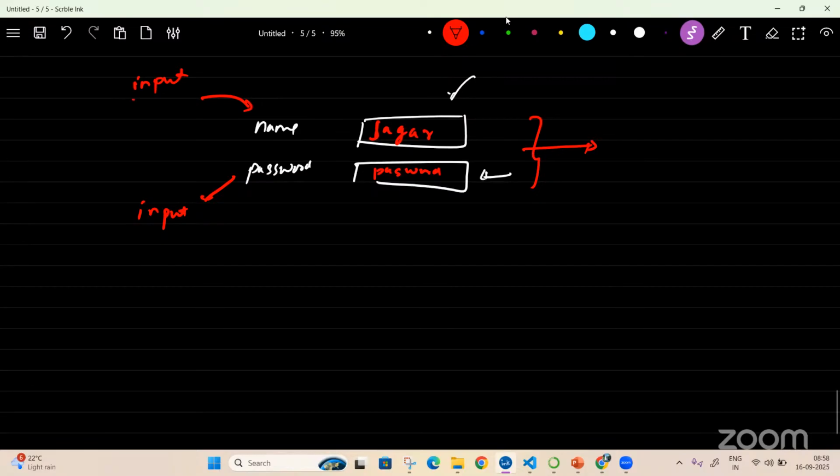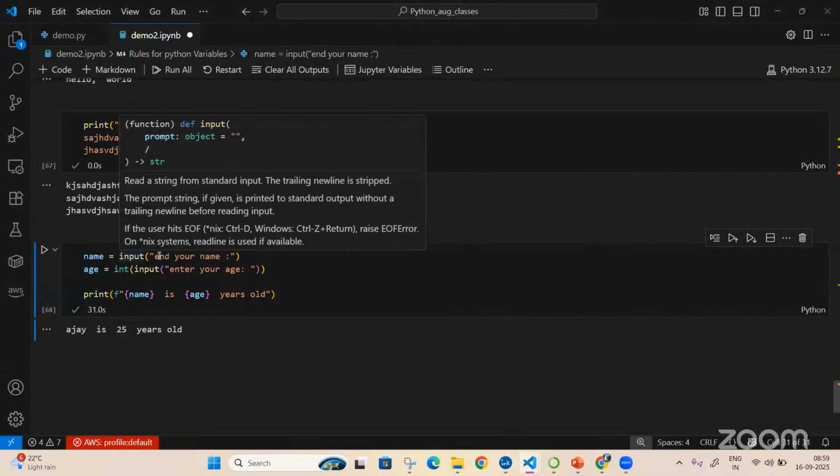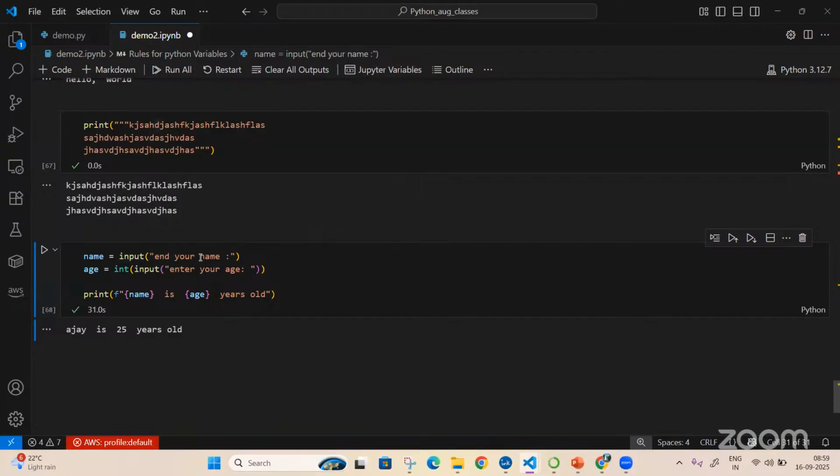But for any variables or any values, we can specify to take something as input, and it will be able to give that. The same thing I've done here, where I'm saying name is equal to input, and I'm entering an instruction here so that the user knows what to enter. That's why I said enter your name. When I get this particular input, it is entered.